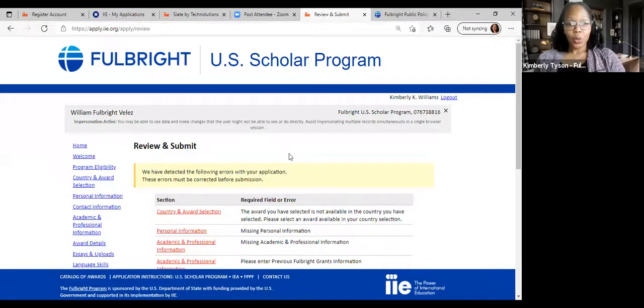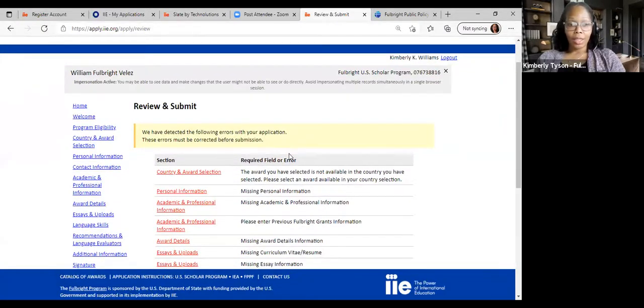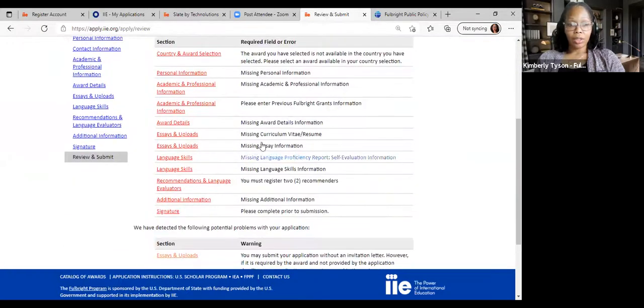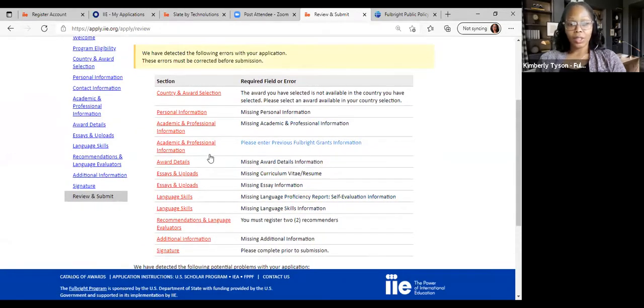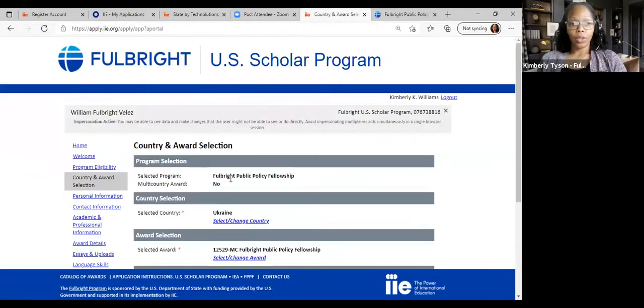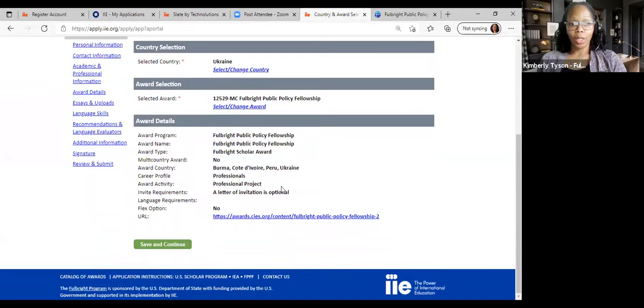So this page is going to show you any outstanding sections of the application that need your attention. So as you can see, because we didn't go through it in its entirety, filling out the information, there are a lot of sections that are highlighted. So you would simply click on the section and it will take you back so that you can complete any